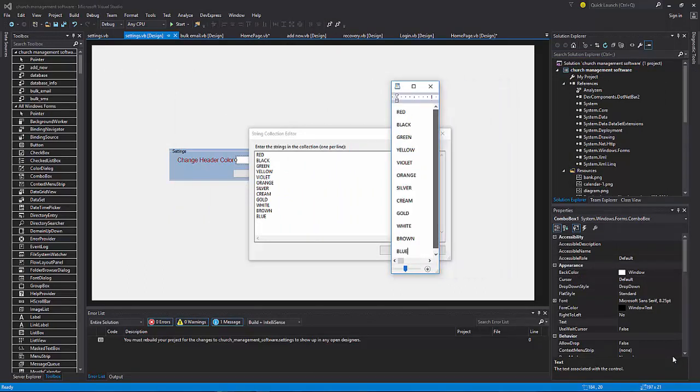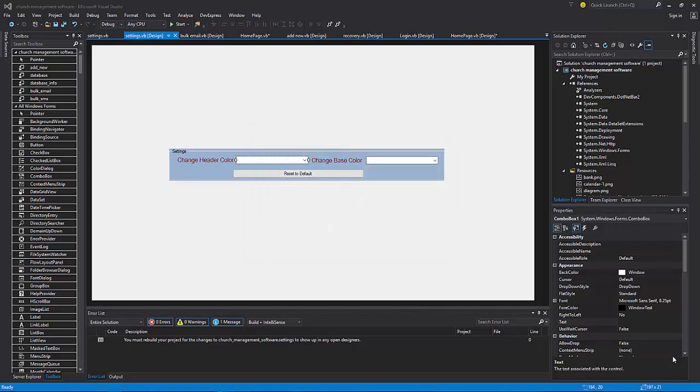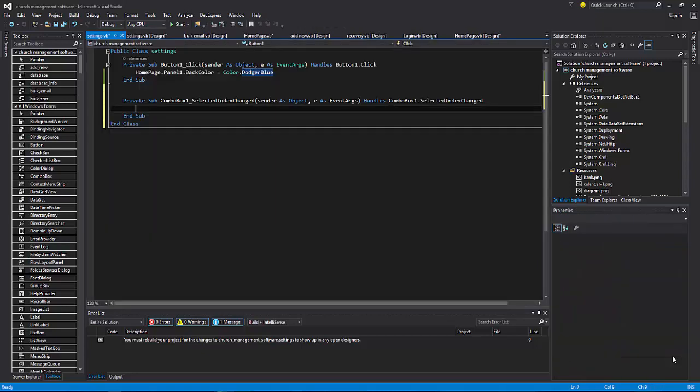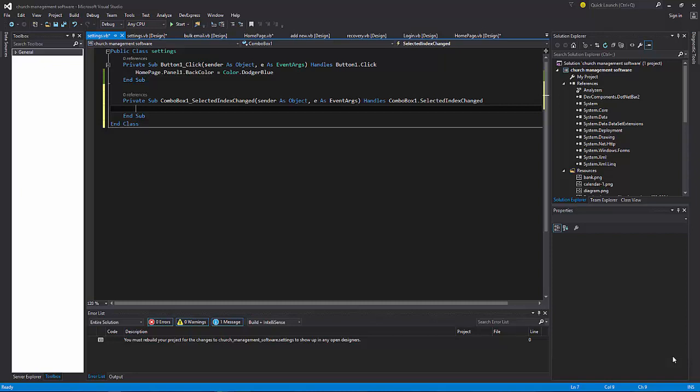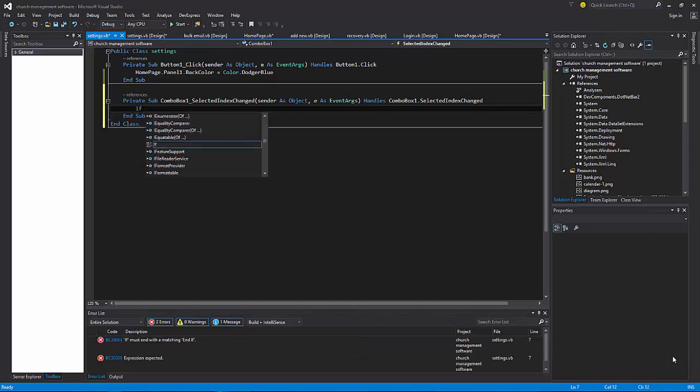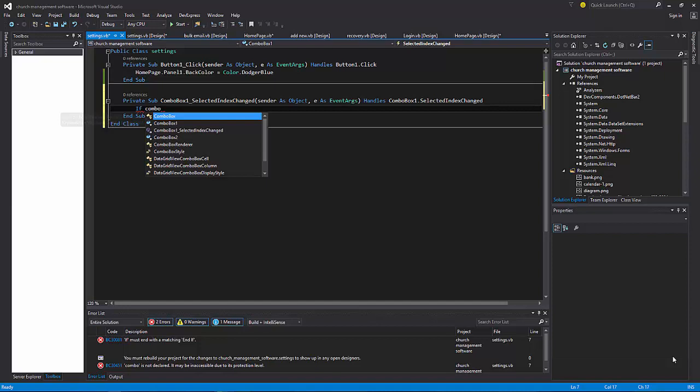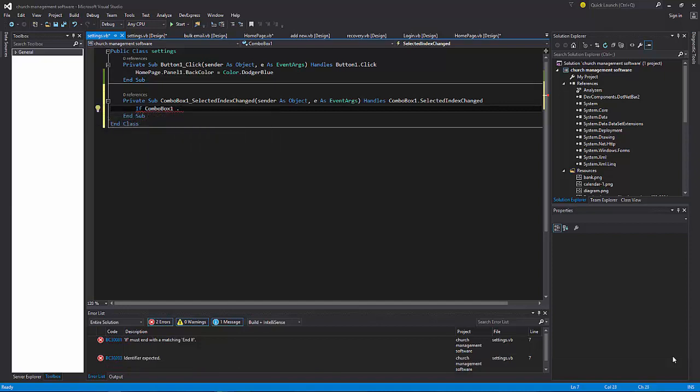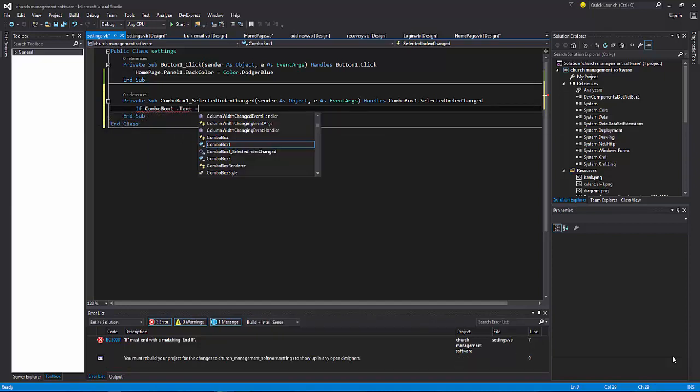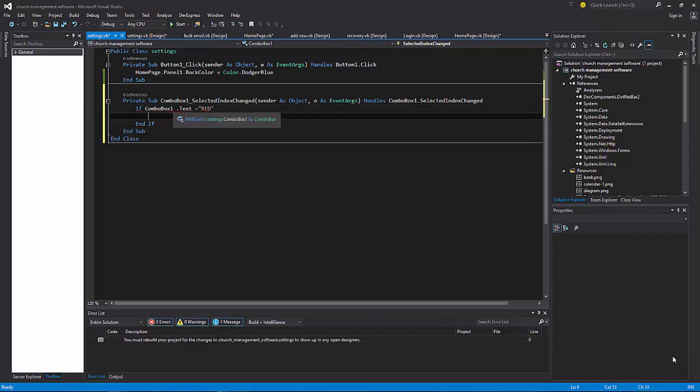Yeah, so let's begin by double clicking on the combo box, and then we will tell the combo box that if combo box 1 dot text equals to what you just typed, red, then only then